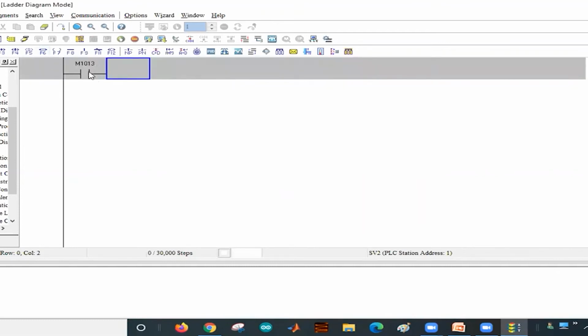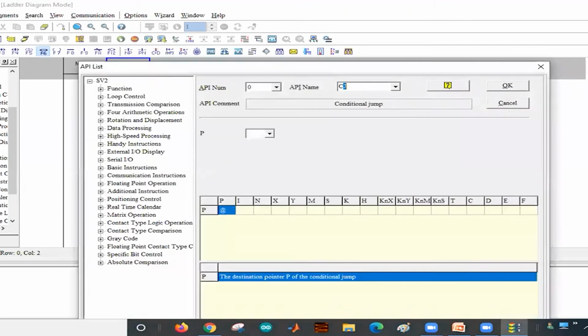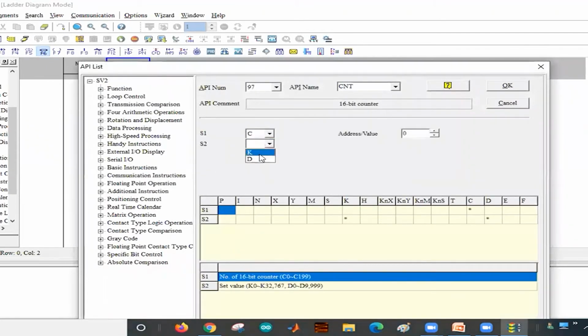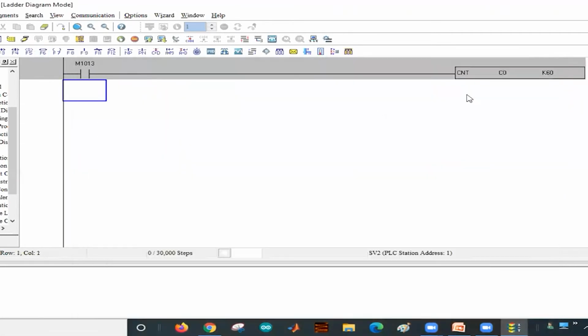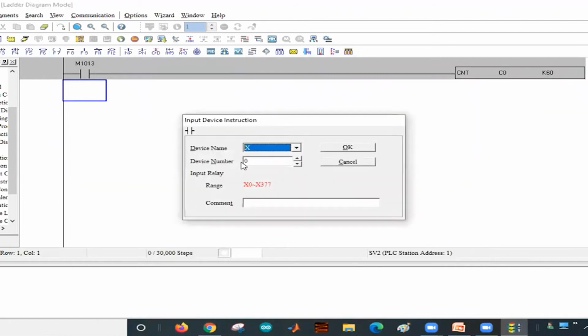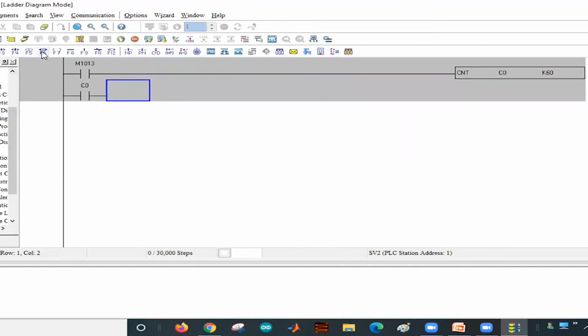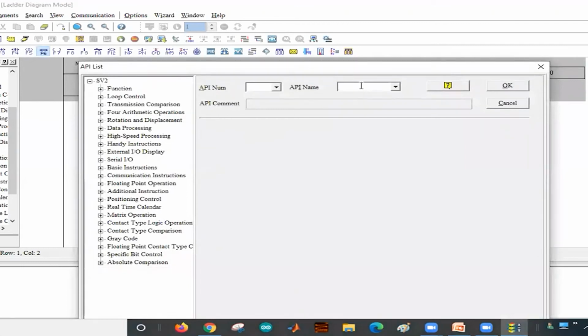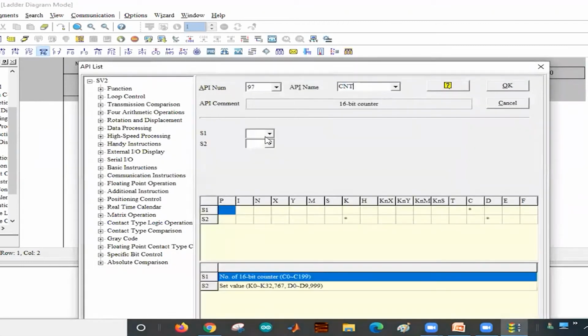Then here you have to take counter C0, CNT, so that counter value is up to 60 seconds. Whenever this counter value reaches 60, you have to count the minutes counter C1 up by 1.